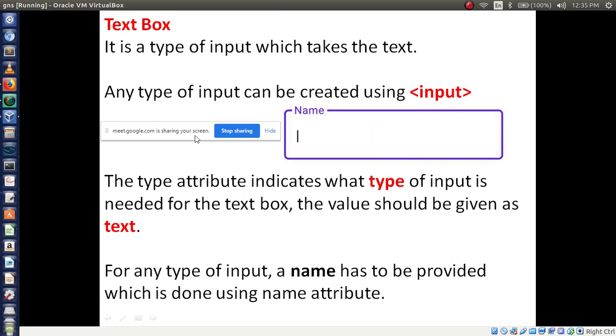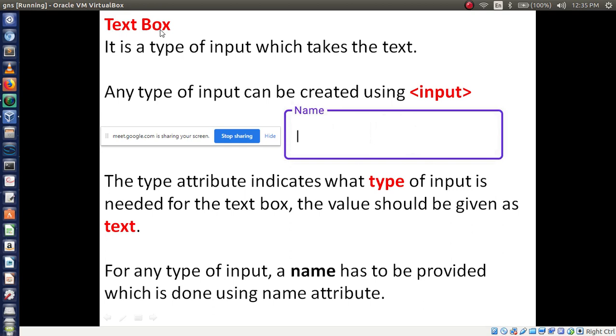Have you written this information regarding a text box? If they ask a question like "explain a text box", at that time you have to write information about it. A text box is a type of input which takes text. Any type of input can be created using the input tag. The type attribute indicates what type of input is needed.